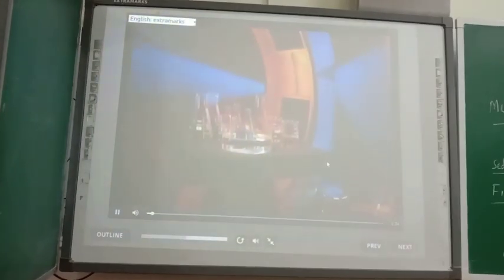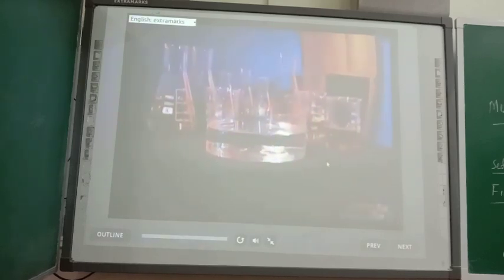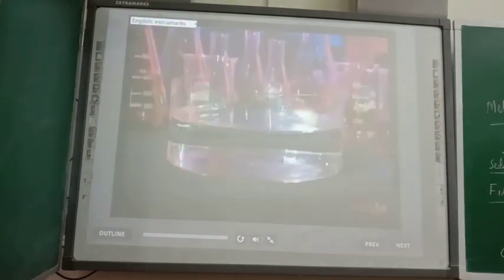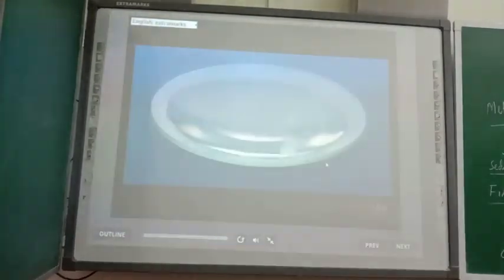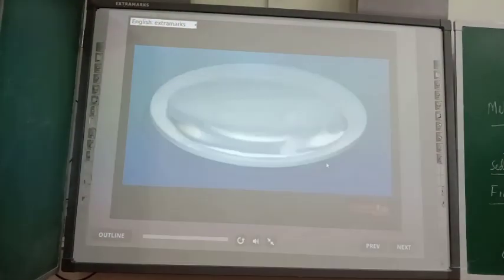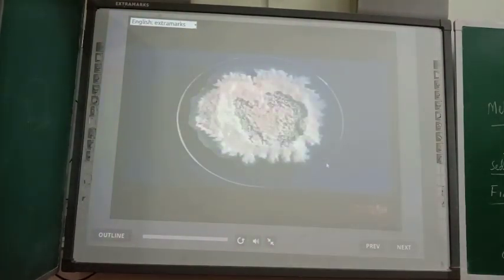Liquids are often mixtures of different things which may be solid or liquid or even gases. Let us dissolve some salt in water. Look, a clear salt solution is prepared. Now you cannot see particles of salt in this solution. If you leave the salt solution overnight, the water will evaporate, leaving the salt behind.